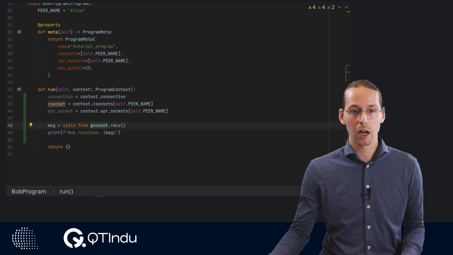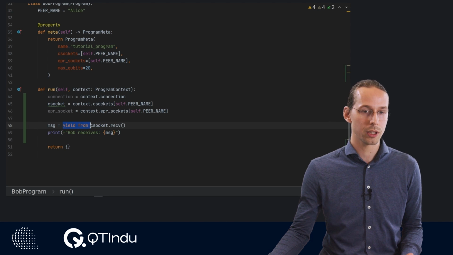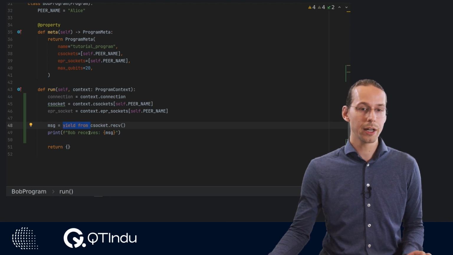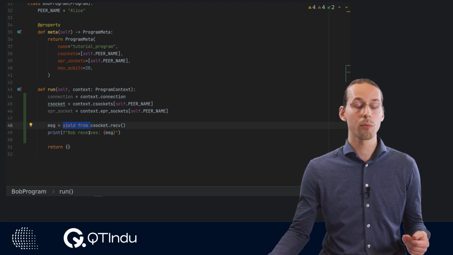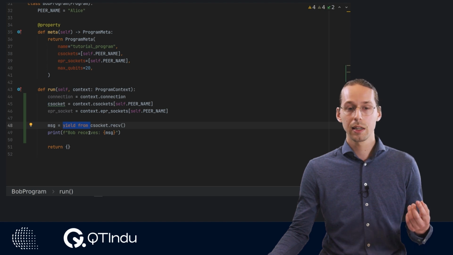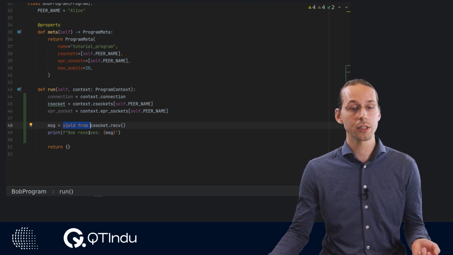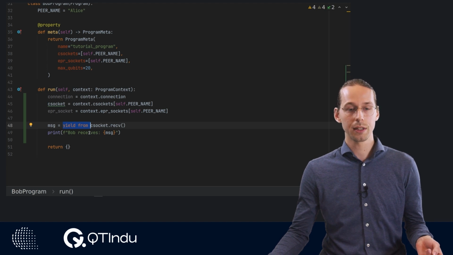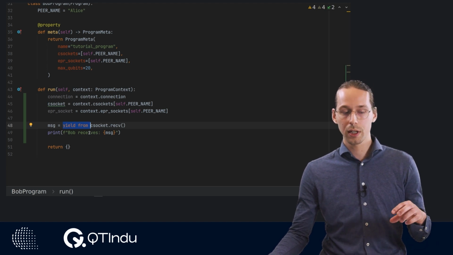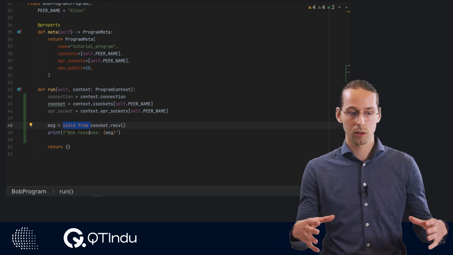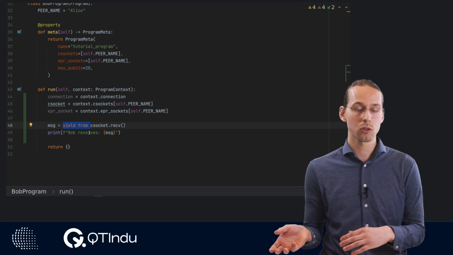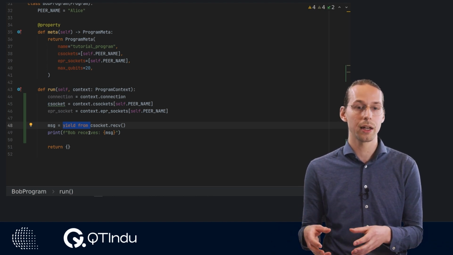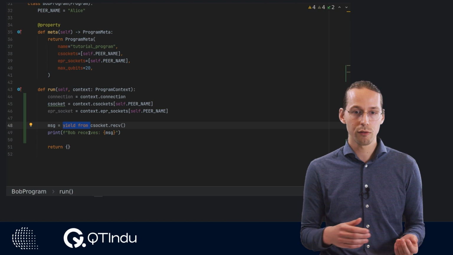But for a user, this practically always boils down to needing to add these yield from statements in three locations where they are waiting for something in a program, namely when they are waiting for classical messages to arrive, when they are waiting for the QMPU to finish completing its instructions, or when they have created a method that has these classical messages or QMPU instructions inside, and they wish to invoke that method.